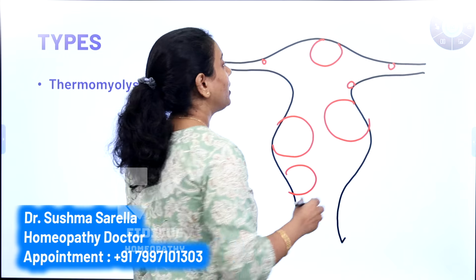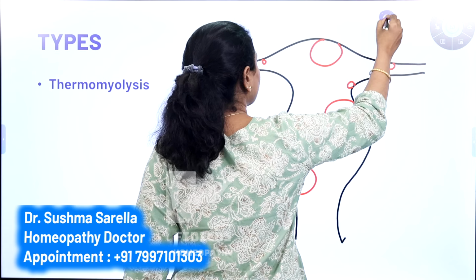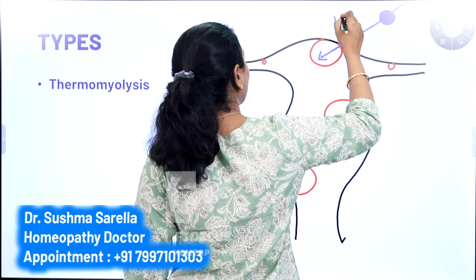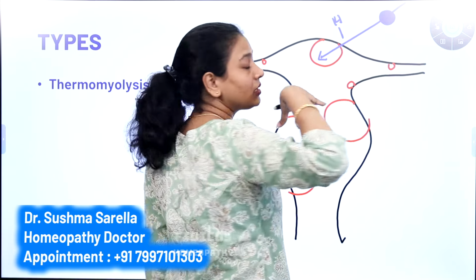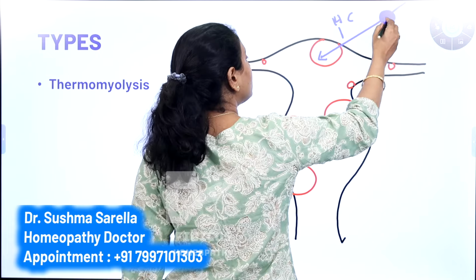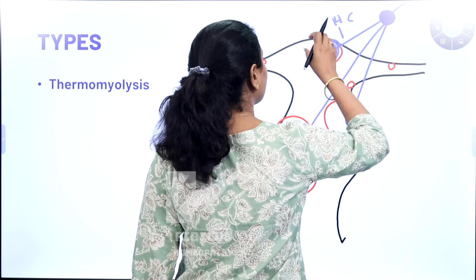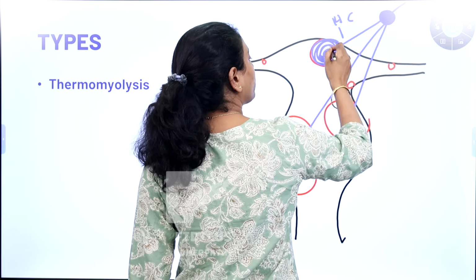So what they do in thermomyolysis is make a small puncture in the abdomen, and with the help of the puncture, some instruments are inserted. What are the instruments? It is a lab. Sometimes there can be a handpiece, depending on the procedure. If it is thermomyolysis, then a heat probe is inserted, and then a camera can be inserted. So certain probes are inserted into the fibroid itself one by one, and after insertion of these instruments, the camera, the handpiece, the probes and all, they will be inserting it into the fibroid, and after